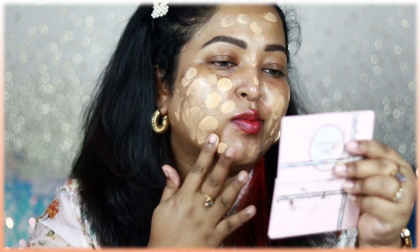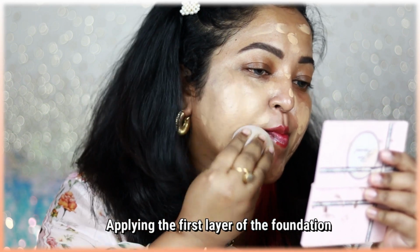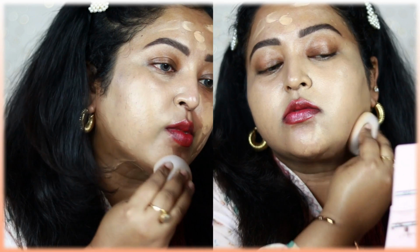So using my fingertips, I'm applying it all over my face. Now this foundation blends the best when you use your damp beauty sponge to blend it out, and you can see I'm blending this out and it is blending effortlessly on my skin. It is having full coverage and it is a complete matte foundation,